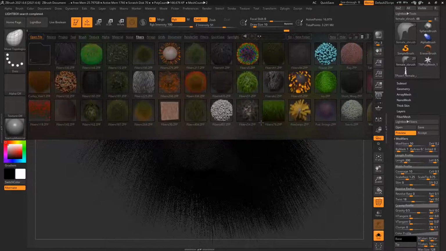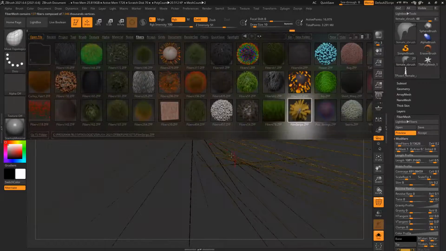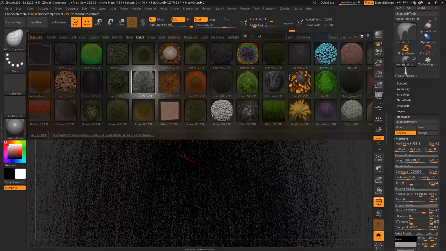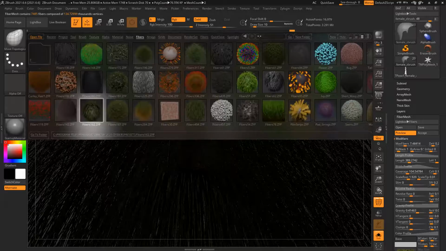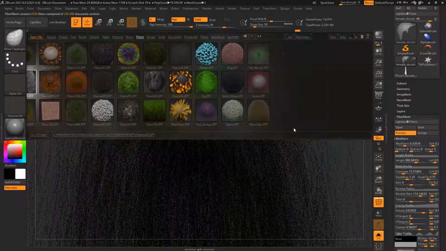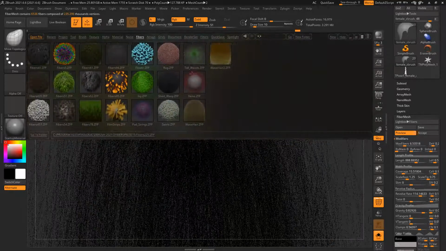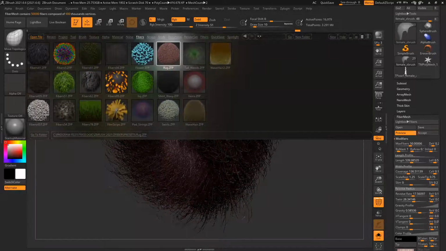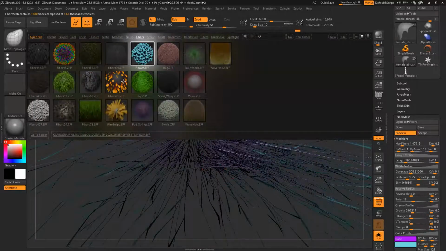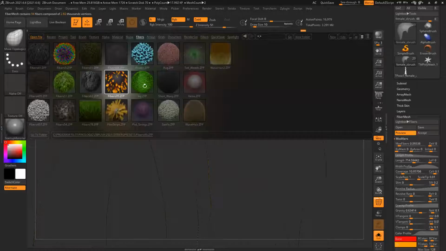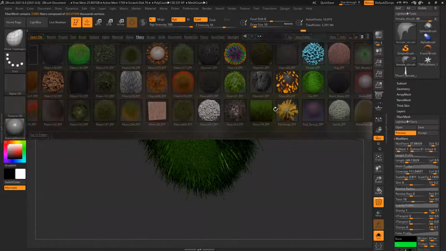We have a lot of presets here. You see, I can click to change. Well, these are like something I don't need them. Grass.